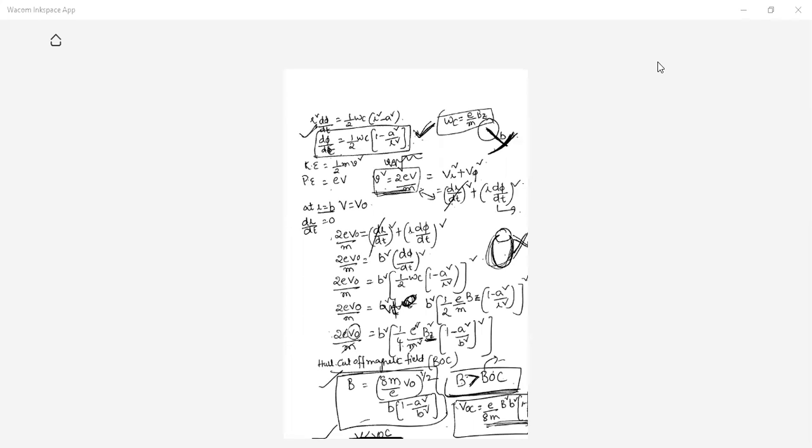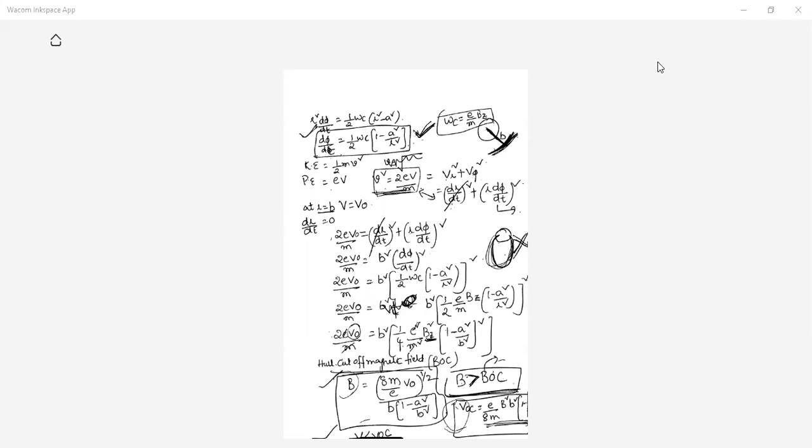Since the velocity is involved, we are taking the cylindrical coordinate system because all the cavities are cylinders. So VR, V phi we have to take. Dou r by dou t, this one is 0. So at r is equal to b, dou r by dou t is equal to 0. So b is equal to v now. You substitute and equate these things, just simply substitute, nothing more. You are going to get B and you are going to get V. So these are the two.